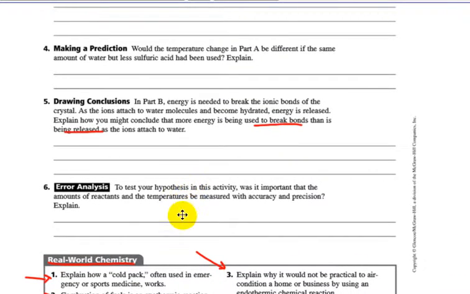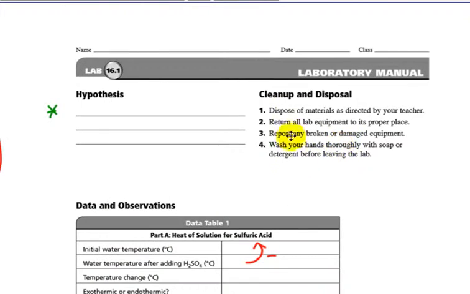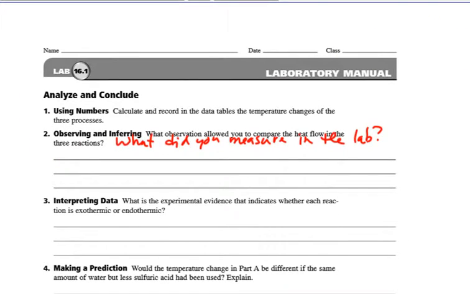Error analysis. To test your hypothesis in this activity, it was important that the amount of reactants and the temperatures be measured with accuracy and precision. Explain. So did we have to be exact in all of our measurements? Tell me. And ask, of course, what we're going to do with the numbers afterwards. And yes, I'd like you to do the real